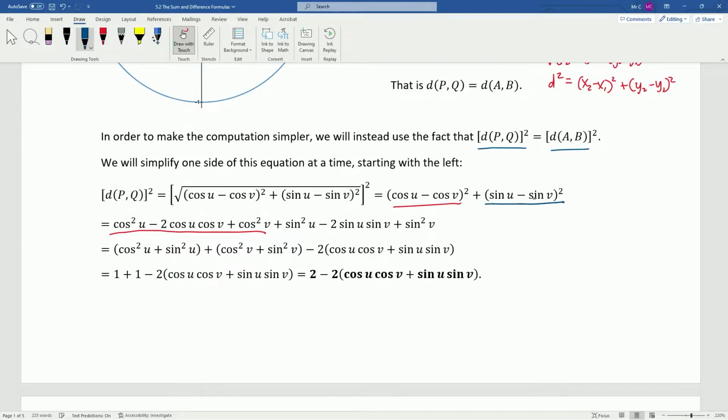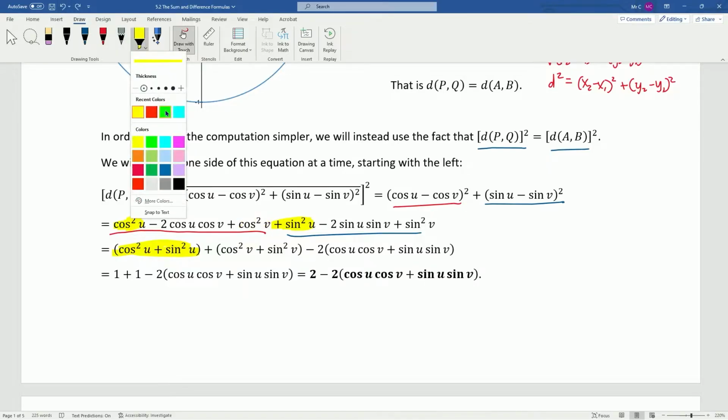And then the second term here multiplies out to sine squared of u, minus 2 sine of u sine of v, plus sine squared of v. And now we're just going to do a little bit of rearranging here. Cosine squared of u plus sine squared of u, we're going to write those together out in front here. And cosine squared of v,